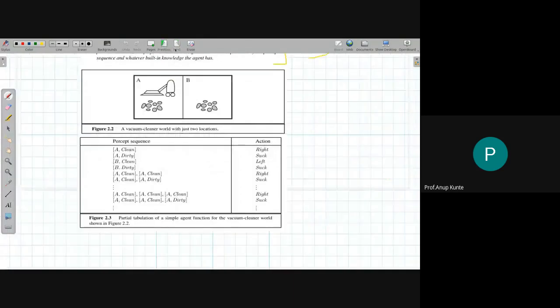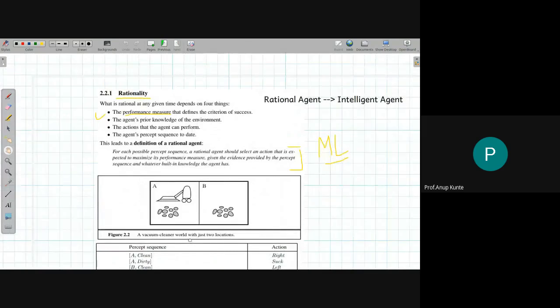But right now, one thing for sure, whenever I'm designing a rational agent, I should know four important aspects of that agent. So if I want to design a solution based on a rational agent, or for my solution to have a better representation of an AI, then I should have four things associated with my agent's design. First, I should be able to articulate the performance measure. How do I judge whether the agent is doing fine or not? There has to be some criteria of measurement, criteria of success. So the performance measure provides me that.